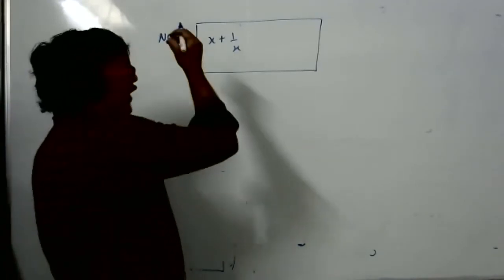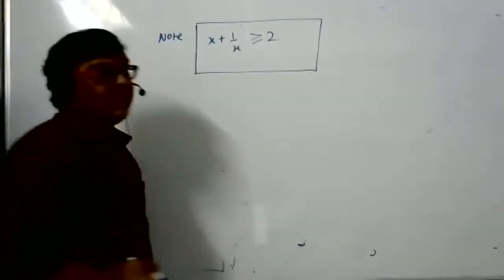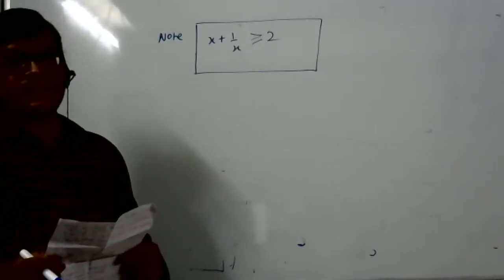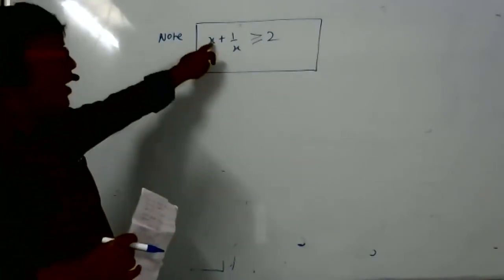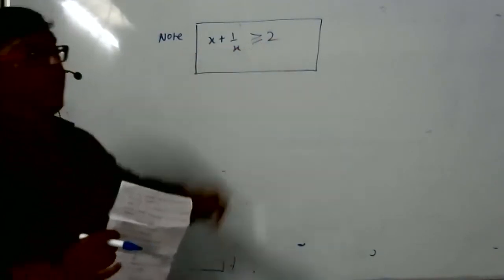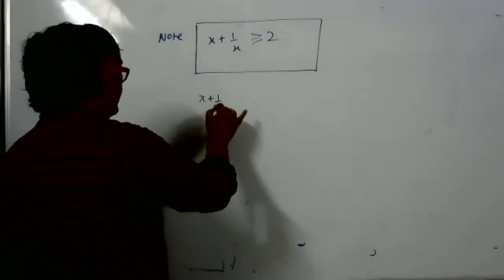Student, whatever you put x value, this quantity will always be greater than or equal to 2. It can't be less than 2. How many of you know this? Very good. Whatever x value you put, it has to be at least 2. Why? The other boy is saying the correct reason. x plus 1 by x